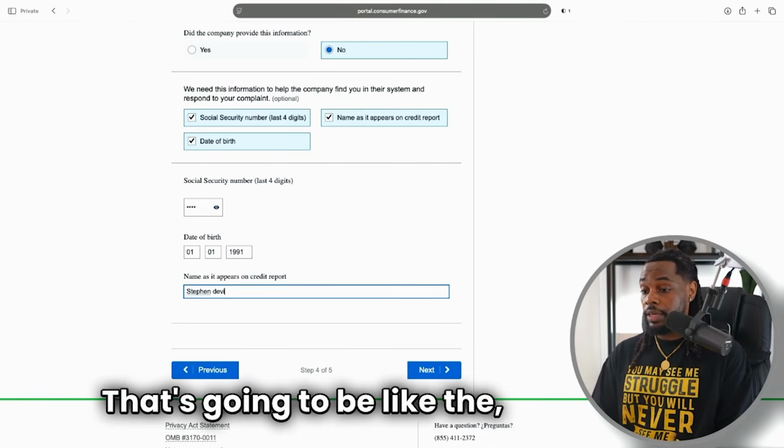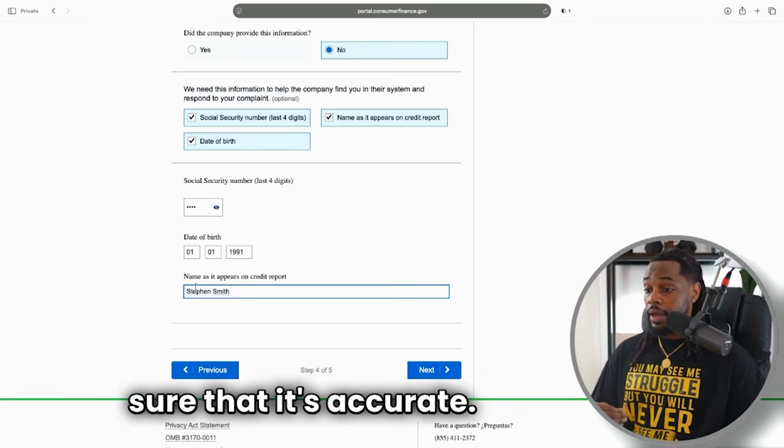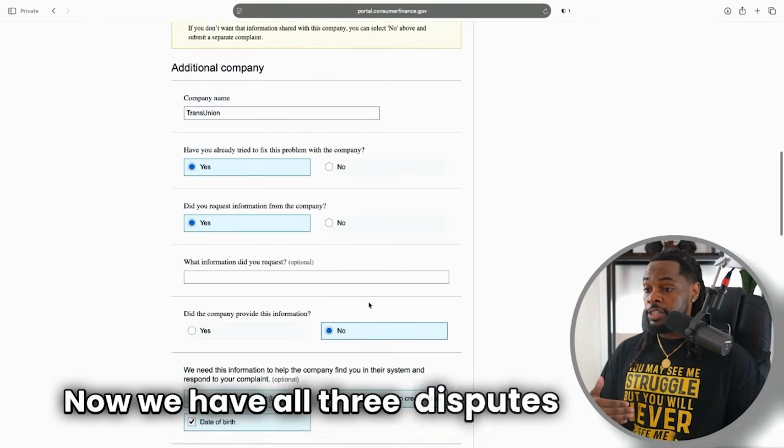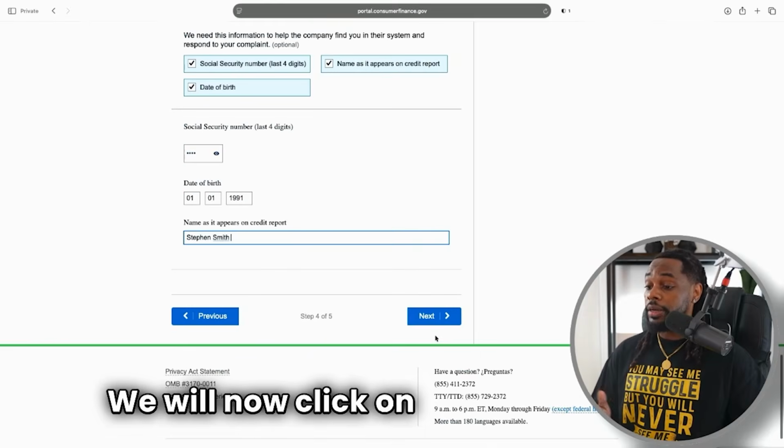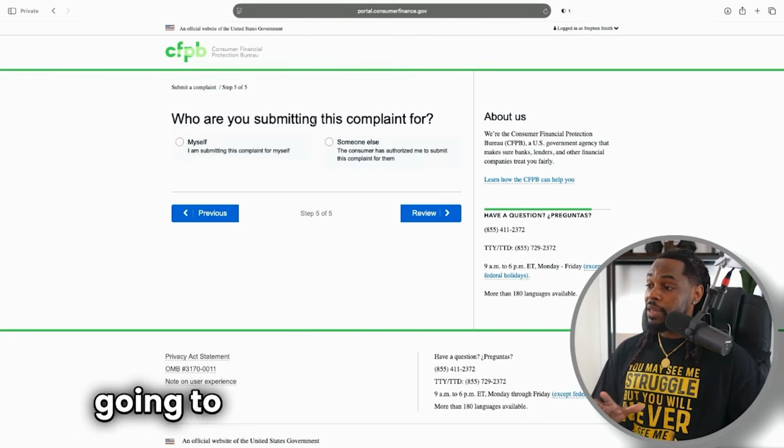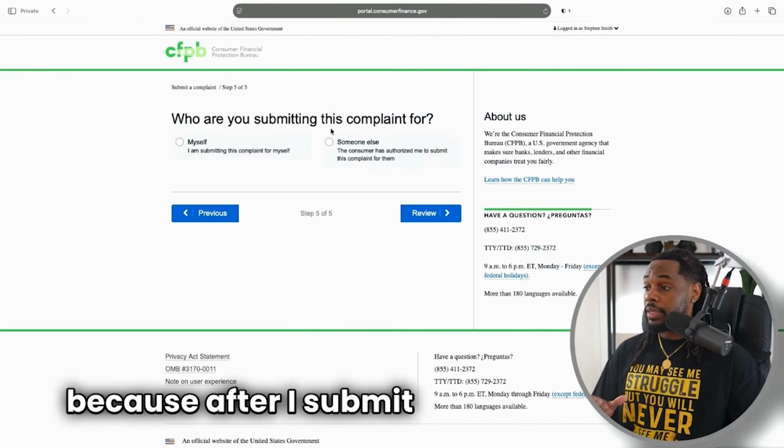That's going to be the easiest way to make sure that it's accurate. Now we have all 3 disputes for all 3 bureaus. Perfect. We will now click on next. All right, and this is probably going to be the last section because after I submit this, it's just going